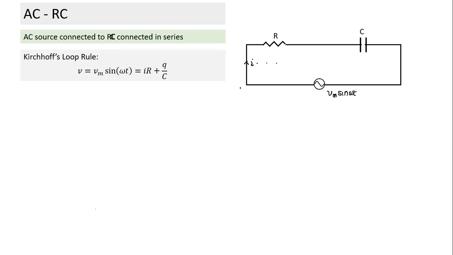Yes, sir. So we can find. How did we derive this expression? Yes, sir. So I is equal to Im into sine of omega t plus phi. That's the current oscillating with the same omega. And then yesterday we found out that the applied voltage will be equal to the sum of voltages.